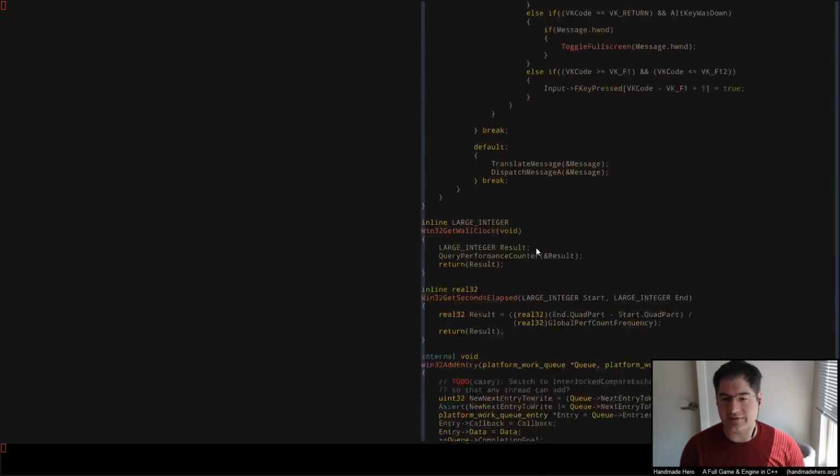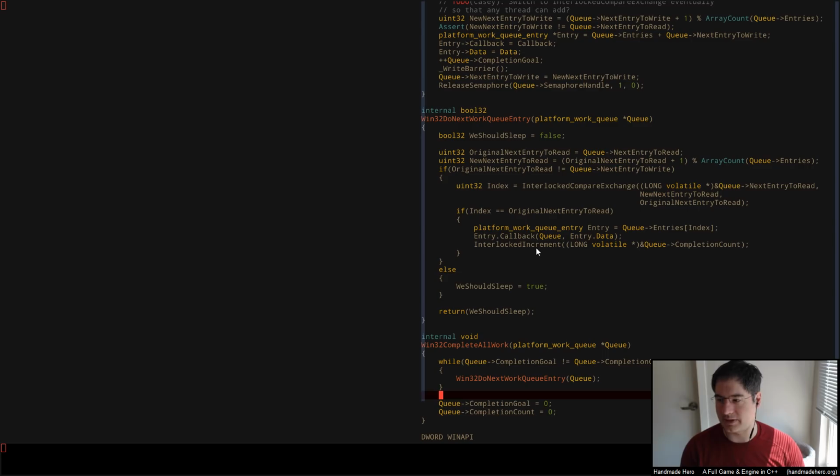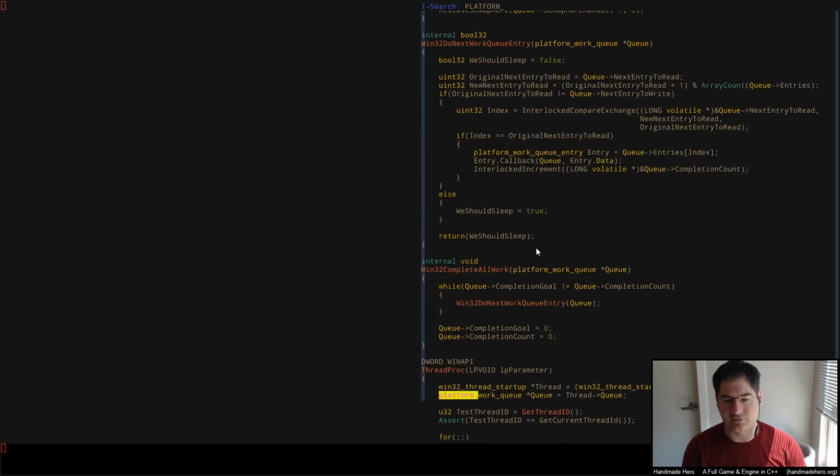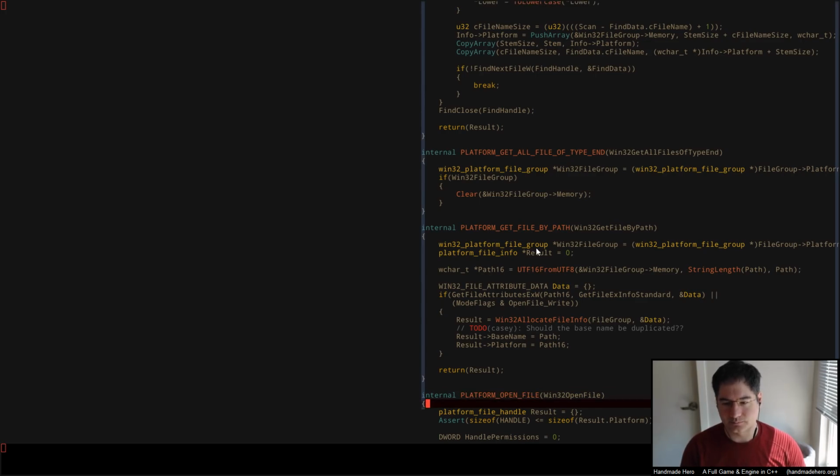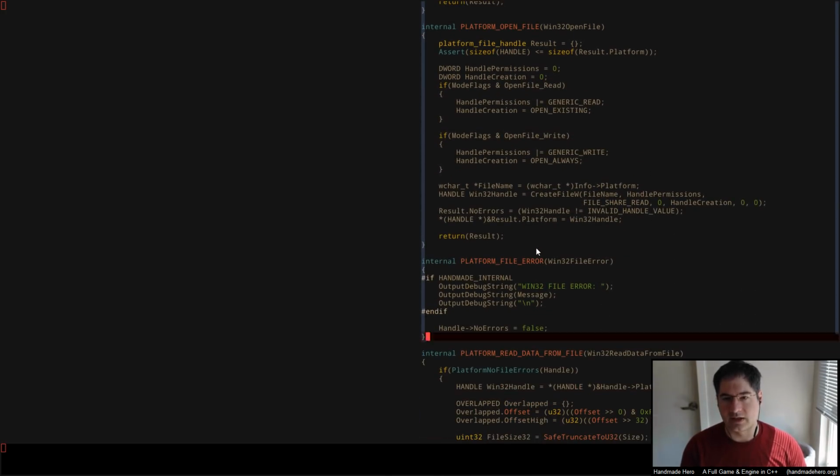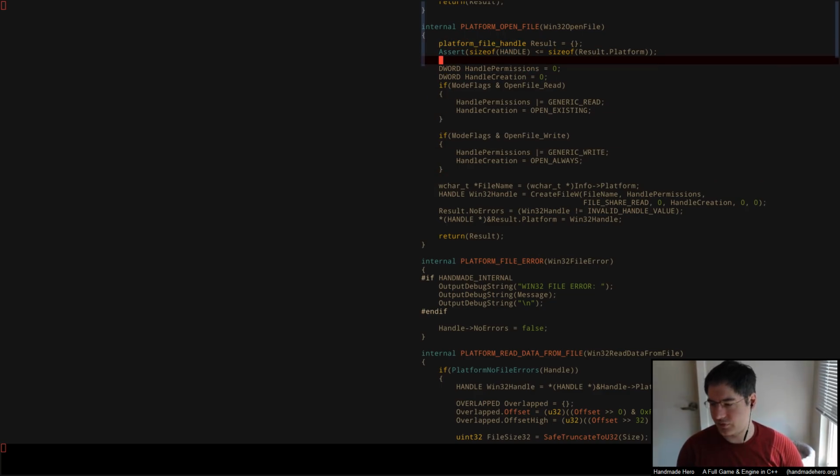But anyway, in this case, it was a question specifically about bootstrapping. We used the bootstrap call, and this is the equivalent area in the Win32 layer. The person was talking about accessing info arrow platform in platform open file. So we're looking specifically at platform open file, which is this. Here we go. And what they were saying is that info platform,